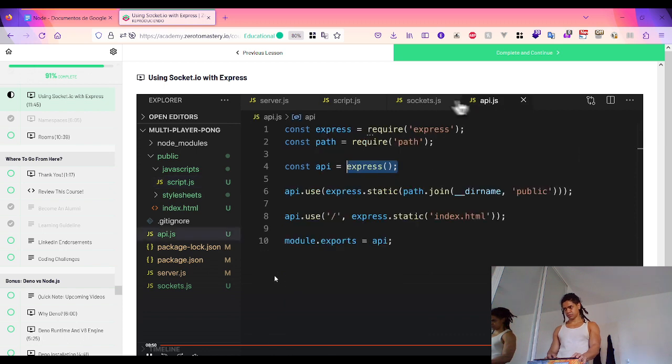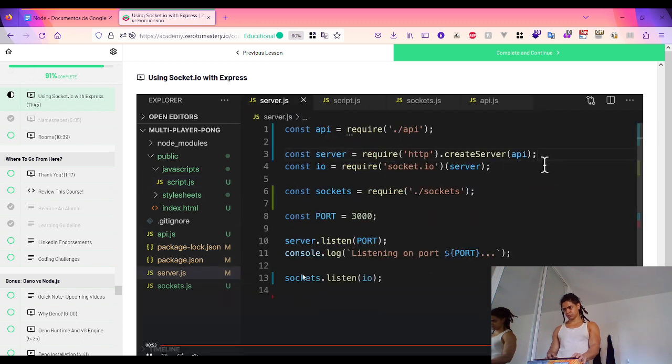And if we wanted to clean up our imports in our server.js so that our external packages or external dependencies are at the top of the file,